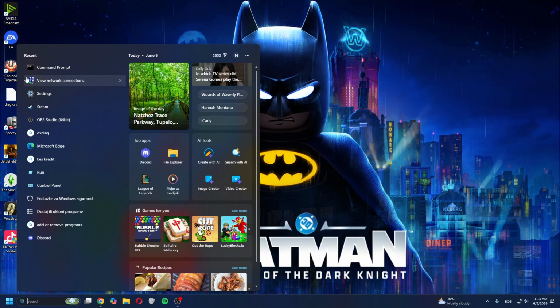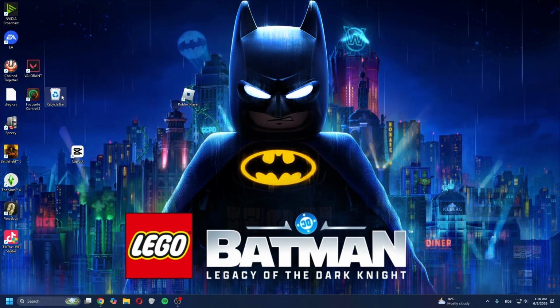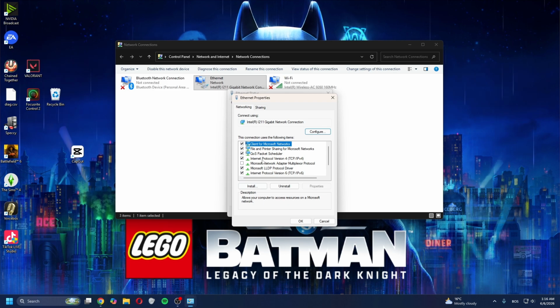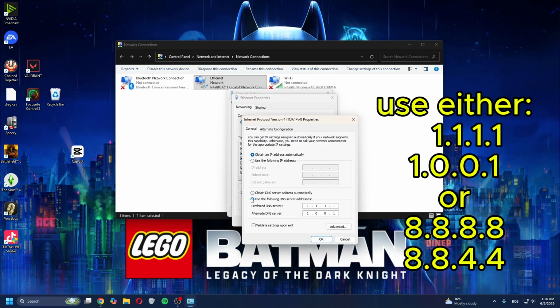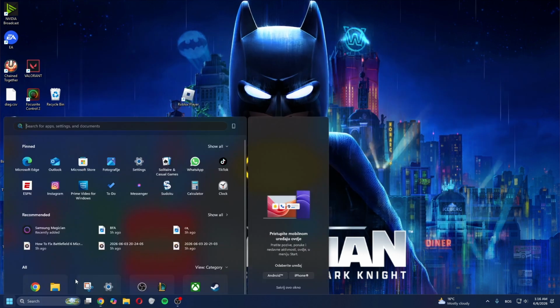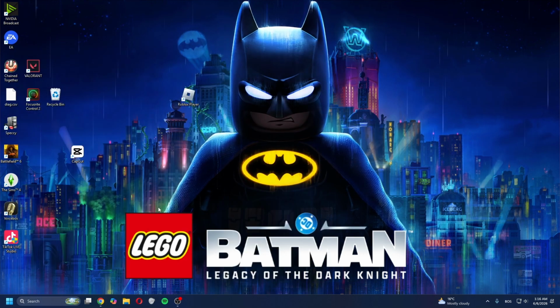You want to go back to search, find view network connections, go to Ethernet, properties, find Internet Protocol version 4, open it. So click here, use the following DNS, and then type in here 1.1.1.1 and 1.0.0.1, and then try if the game is working. Or you can use the other one, which is 8.8.8.8 and 8.8.4.4. And after you're done with that, you want to exit out of this, restart your PC, and then the